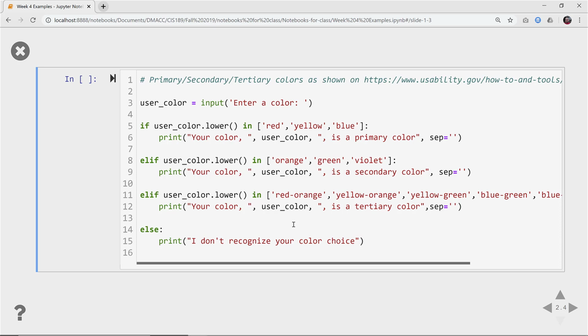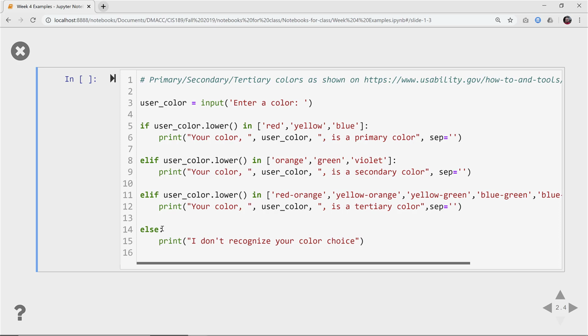I just went and Googled it, and I found a site here, usability.gov, et cetera, et cetera. So if you want to go look at the source of this information, it's right there. So maybe this isn't even accurate, I don't know. But I just needed something to show, again, that splitting path. This time I have an if, an elif, another elif, and an else. So there are 4 different paths involved here, and only one of those will run depending on what the user